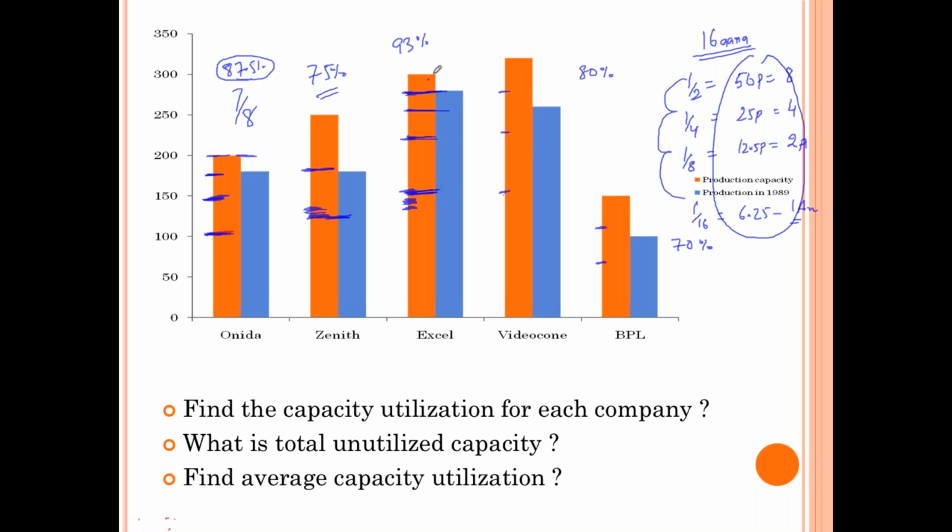So I am not having 1 by 16th part. So 6.25 is not with me. So approximately my value is 93-94%, right? And here I see half is here somewhere, right? Half of half is here, half of half is here. Here it is 75%, here it is 87%. So it will be around 83-84%. Got it?